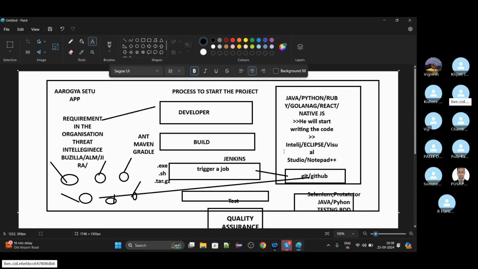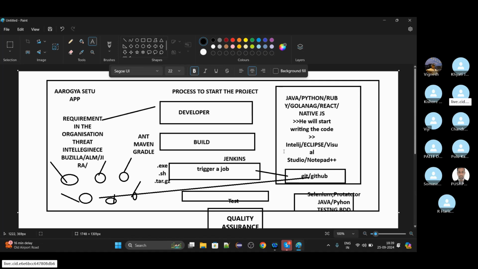Exactly. Once you raise a defect, that will go to the developer. Now you have to understand one point from here. Now he got the issue. He got the issue that, okay, there is some issue in my code. He finds there is an issue and he fixes it in his repo.